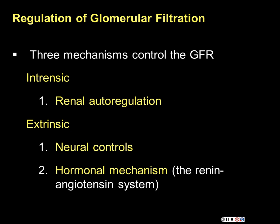And this is where I was setting you up a moment ago. Because the filtration rate must be precisely controlled, we have an intrinsic mechanism to regulate it. And if you remember early in the semester, intrinsic mechanisms are right there. Even though we describe the nervous system as fast, this is faster because it's right there in the structure. And so the kidney can regulate itself intrinsically, or I think your book uses the term renal autoregulation, using